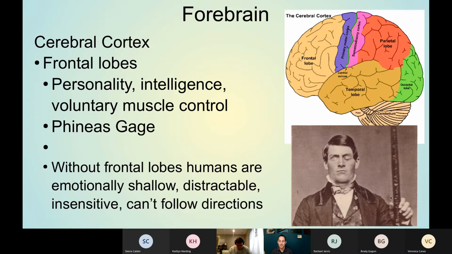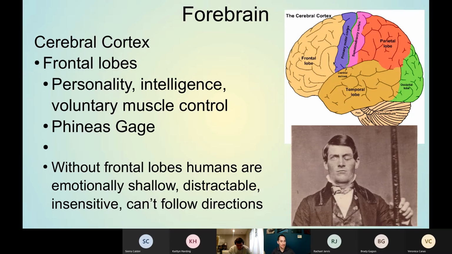The important thing about this specific railroad tie is there was an explosion that sent this railroad tie through his head. So it went in about where his cheek is, damaged his eye, and went through the frontal lobe of his brain. So he lived. He is alive in this picture. He survived that railroad tie going through his head, and it damaged his frontal lobe. So